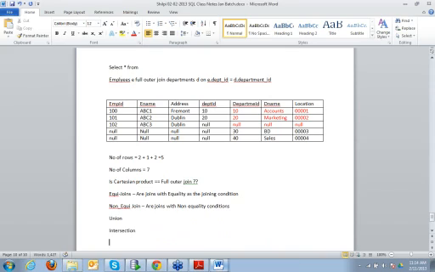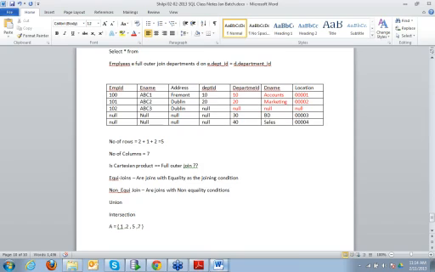intersection, right? So let's say there is a set A with these values, let's say 1, 2, 5, 7, and set B is equal to 3, 4, 5, 7, 9.